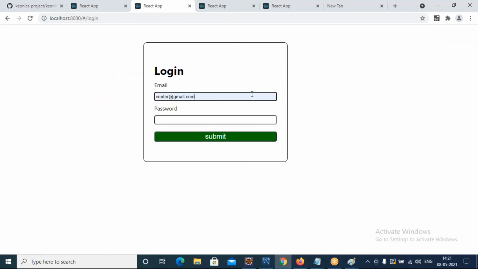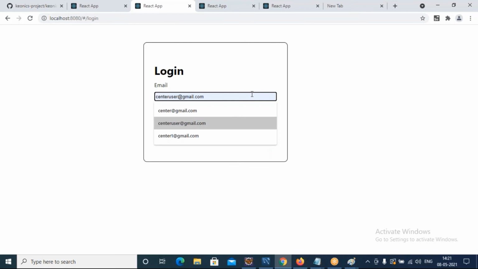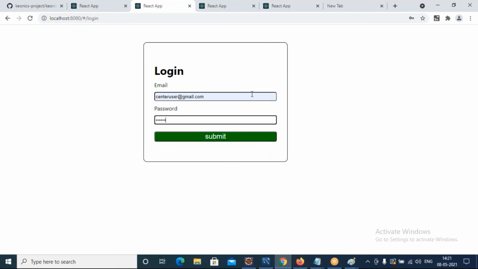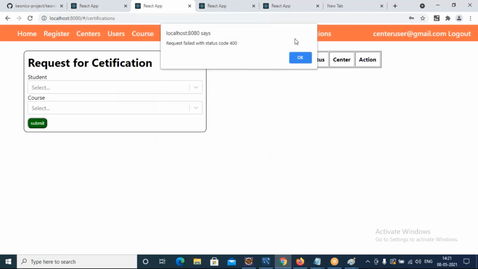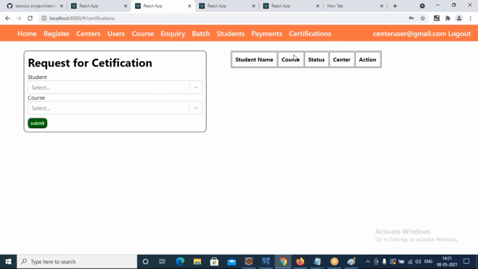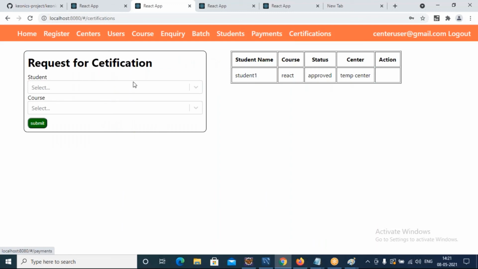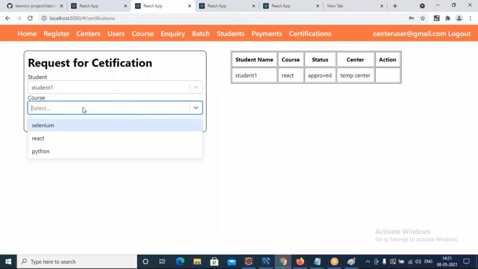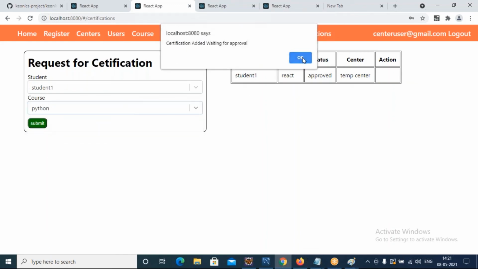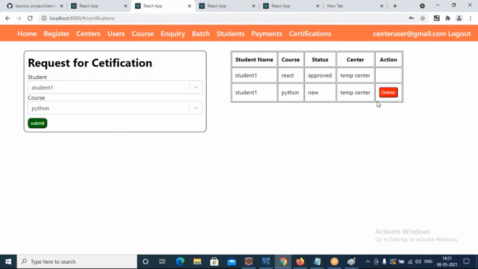We will log in as a center user and go to certifications. Now one more course I will request, say Selenium or Python certification. He wants Python certification. Immediately he can delete that if you don't want it.